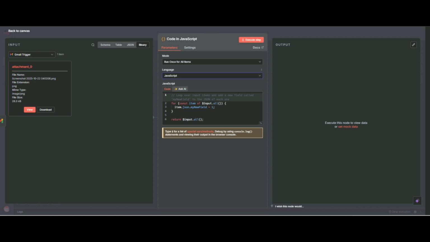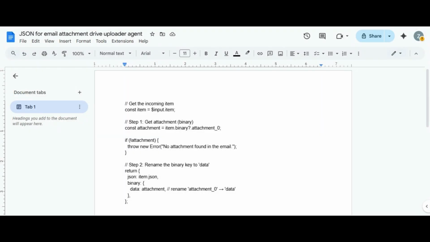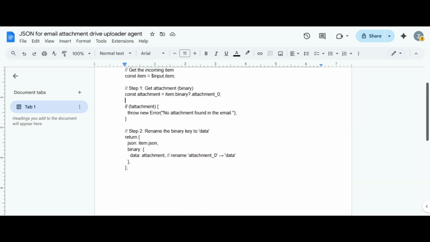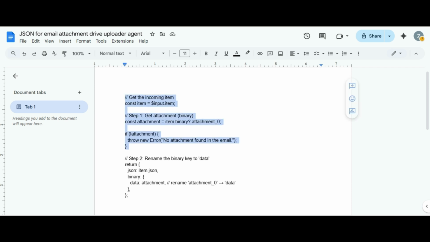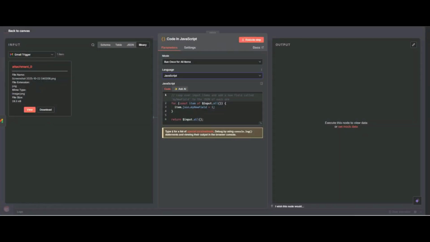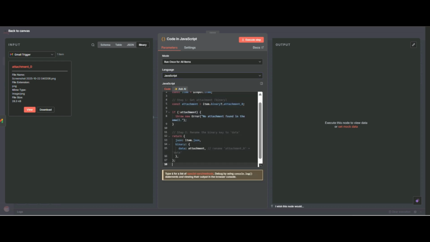So I have my code, so I will click on this. You can go to ChatGPT and say, I am building this agent, I want this, so please write a code for my agent. So I will paste it and I will execute it.